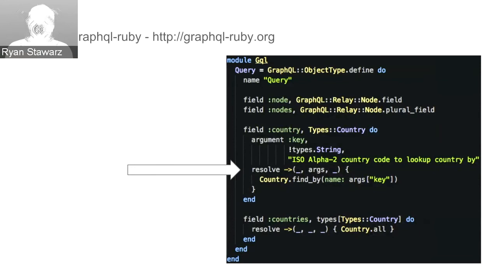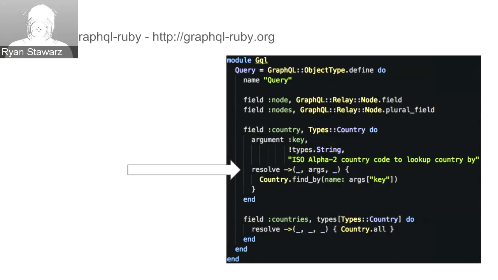I didn't expand them here, but what happens is it gets past the top level object. So if you're in the middle of a nested query, let's say you're on profile and you're fetching the clinical trials, then this first argument would be the profile. The second argument is the args that are passed to that field. In this case, we have a single required field, so there's going to be a key in that array. And the third one is a context object, which is kind of like a session, but it's something we set up and control. And it's passed down all the way through the graph,